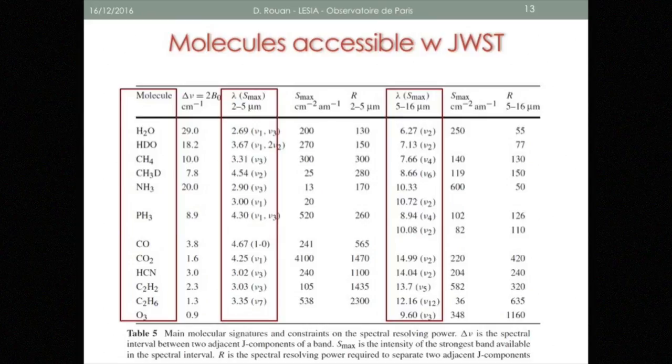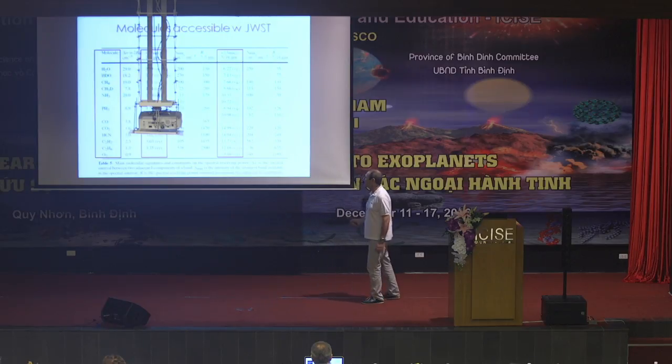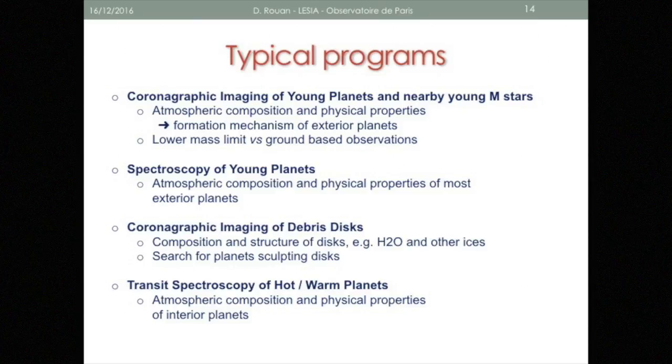So the molecules that will be accessible with JWST, though there are plenty of them in the different wavelength ranges, with some which are of special importance: ammonia, of course, methane, CO, CO2, H2O will be accessible. So the typical programs that will be made with the JWST on exoplanet